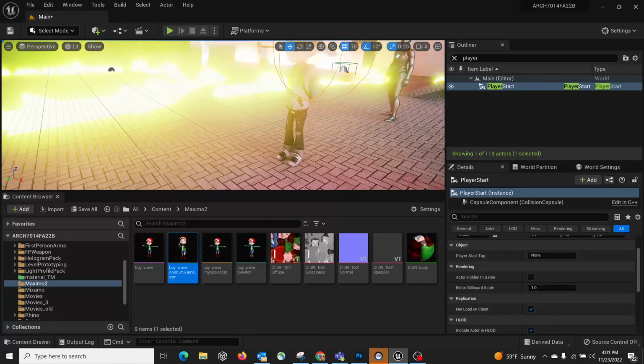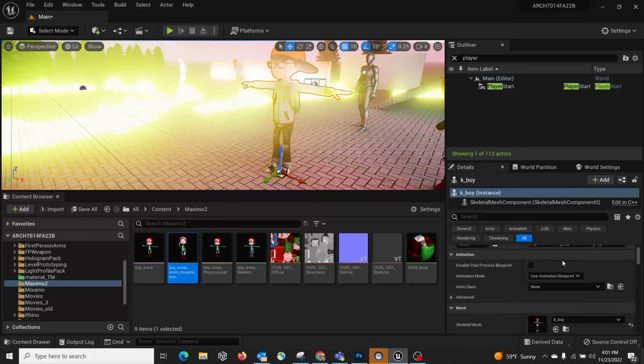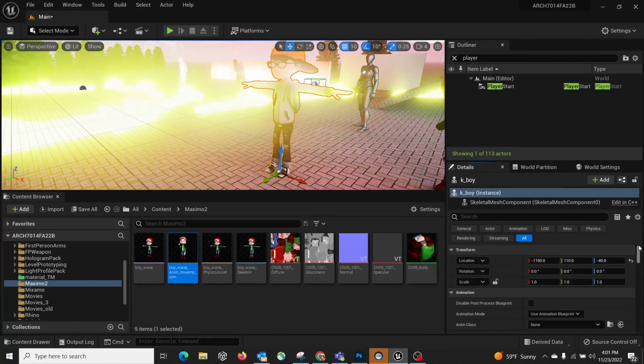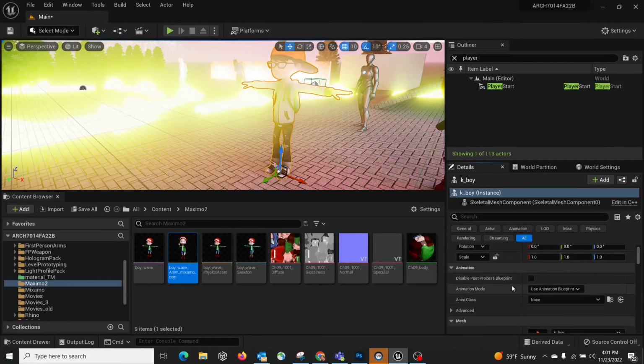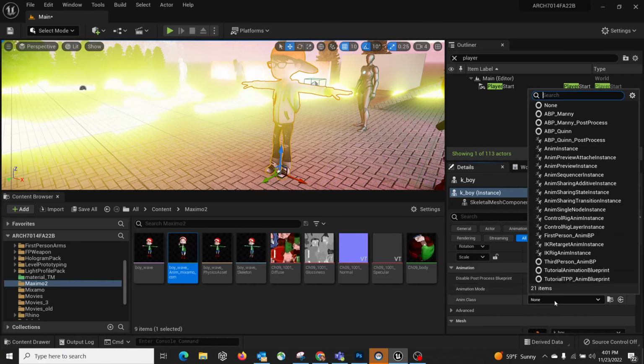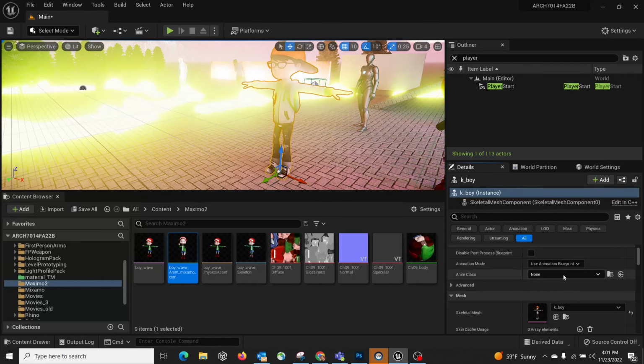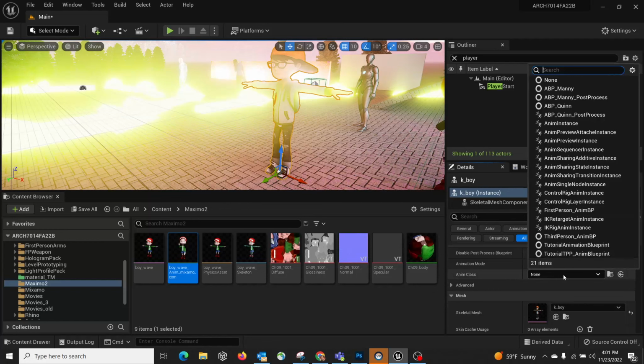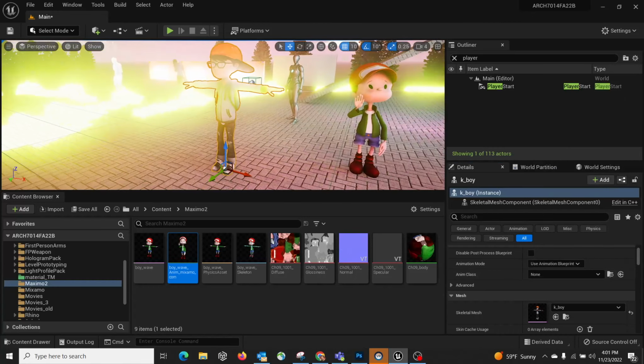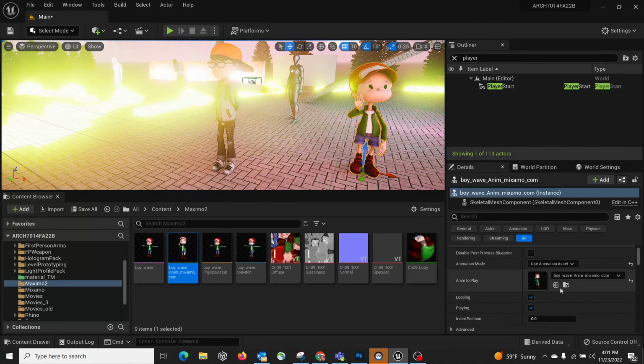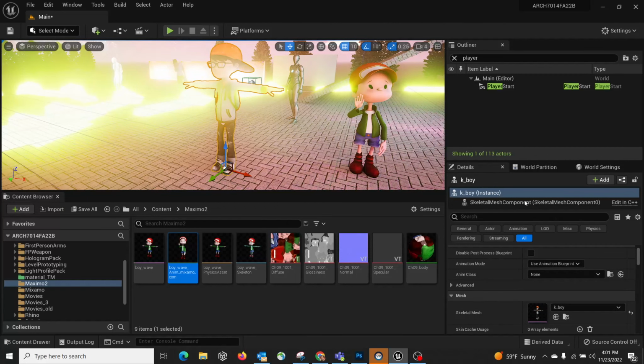In the future, you might be wondering, if you bring multiple characters, if you really look into the animation property in a property channel, you can see there's use animation blueprint, but if you really look into the animation class, you don't really see the waving hands animation. The reason is the different characters came in with a different rig. The two characters have to share the same rig, then they are able to